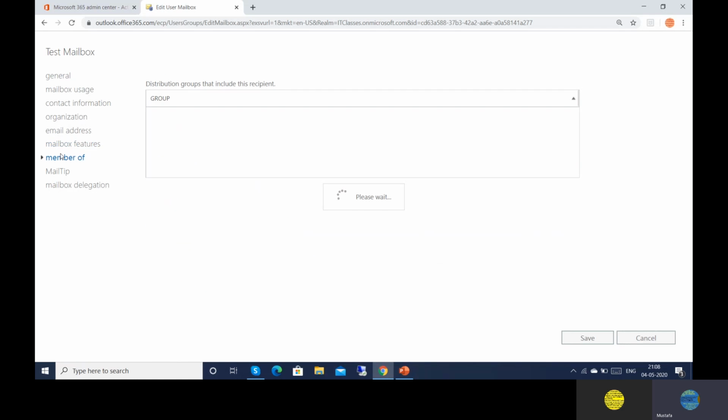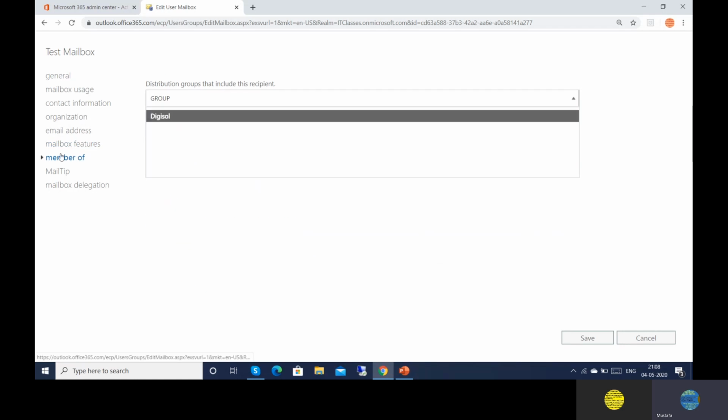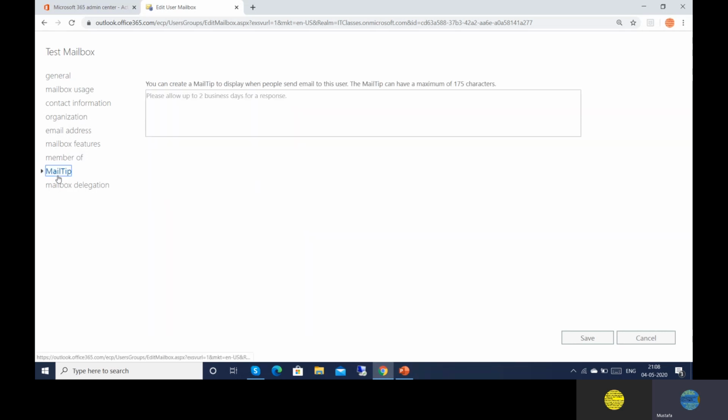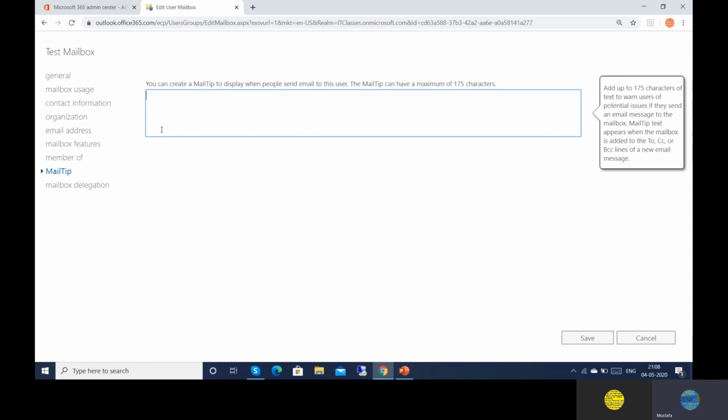Next is Member of. If you have different groups, security groups or distribution groups, you can add this user to that group. Mail tips: you can type anything for user information, which is helpful when searching for this user's email address.